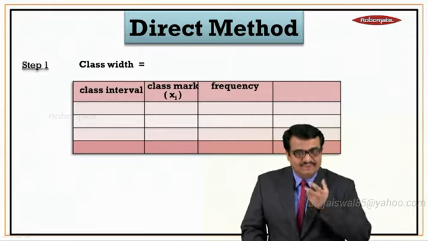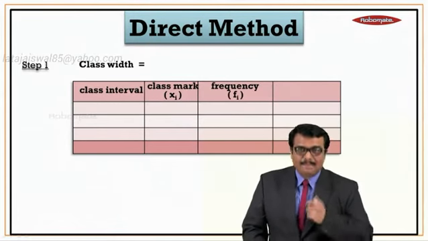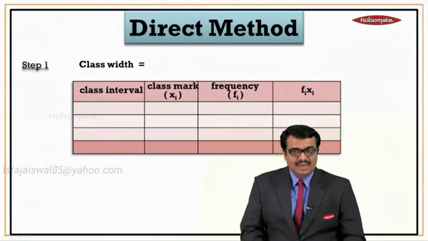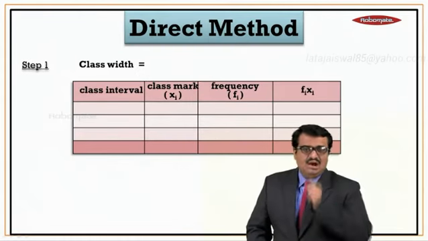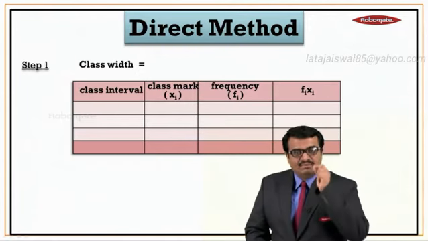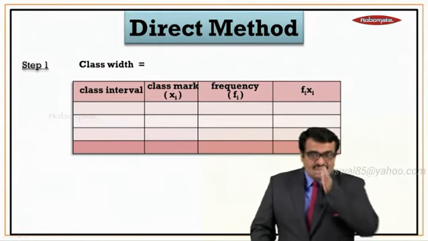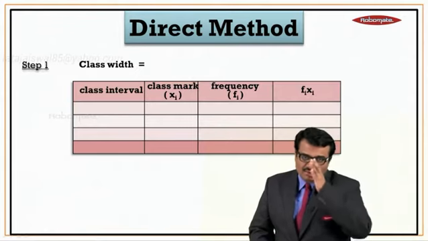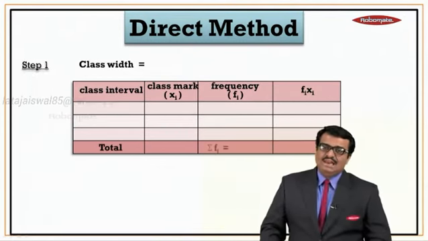The third column is frequency, denoted as fi, and the last column will be fi xi. Now the first column, class interval or classes, and the third column, that is frequency, will always be given to us in the sum. The second column and fourth column we will have to calculate. After calculating the second column and fourth column, we get the value of mean